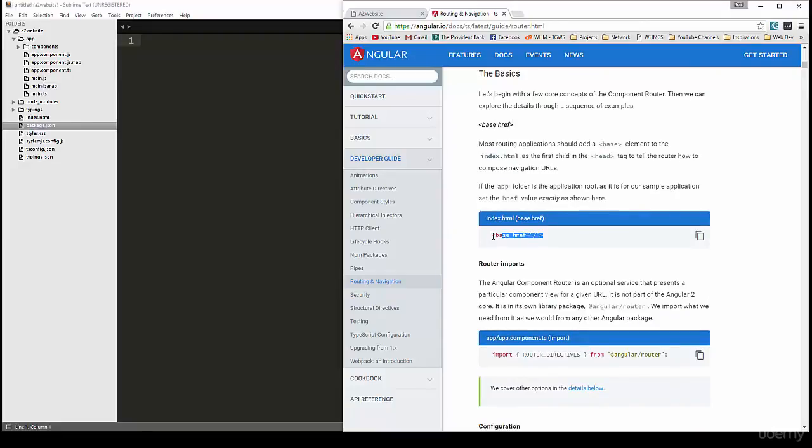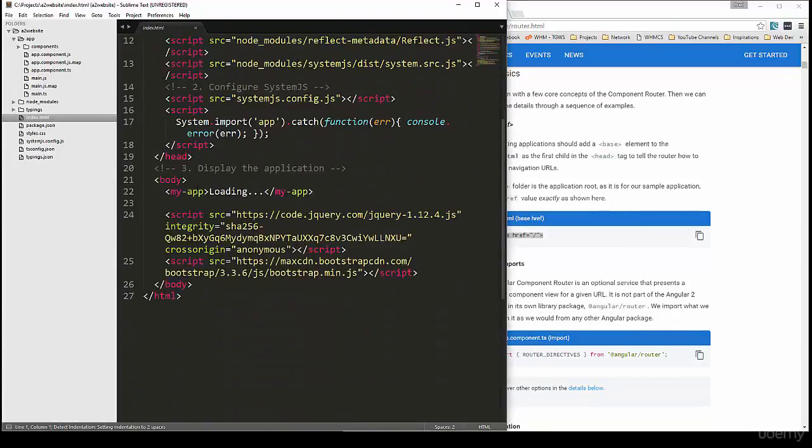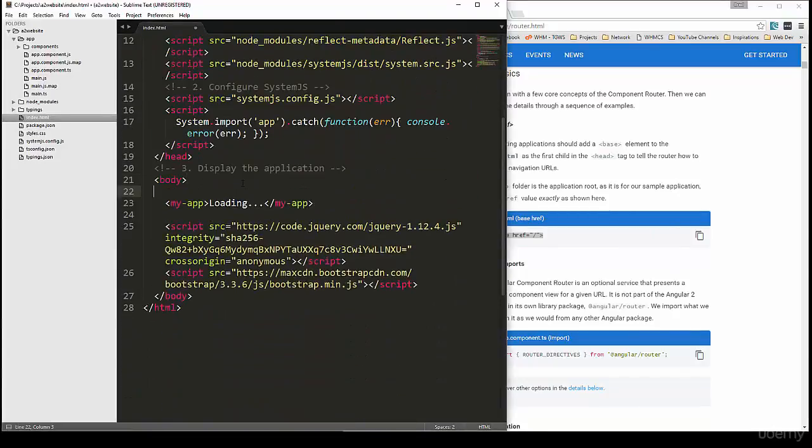But first thing we need to do is just add this base tag to our index.html file. And we're going to put that right under the opening body tag. That's basically telling the system what we want to use for our root route, which is going to be /. And then the next thing we want to do is inside the app folder, we're going to create a new file